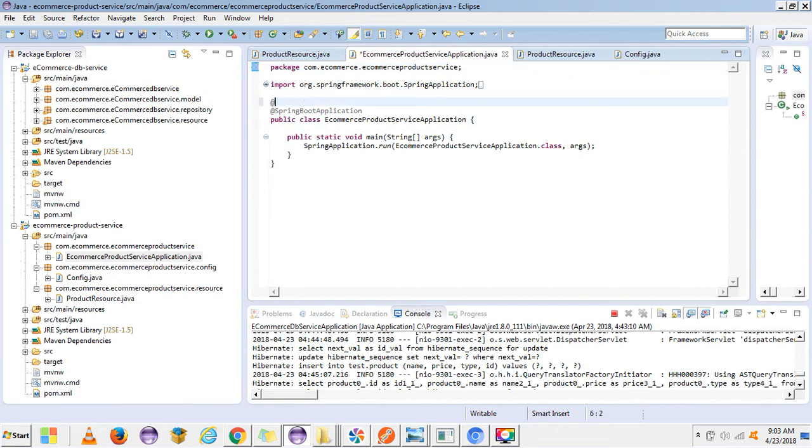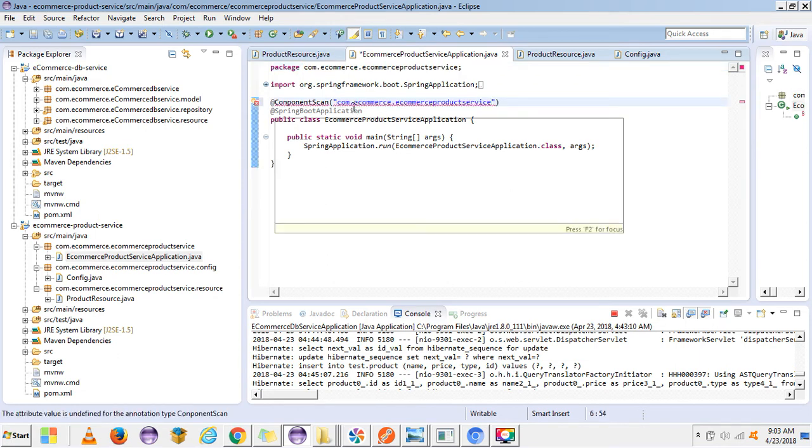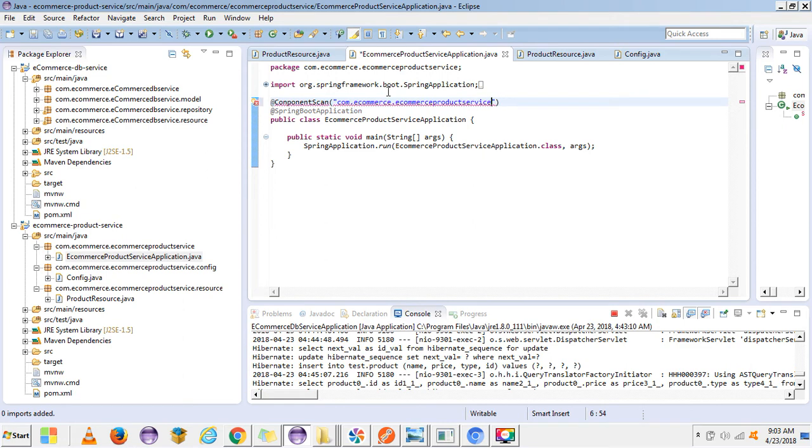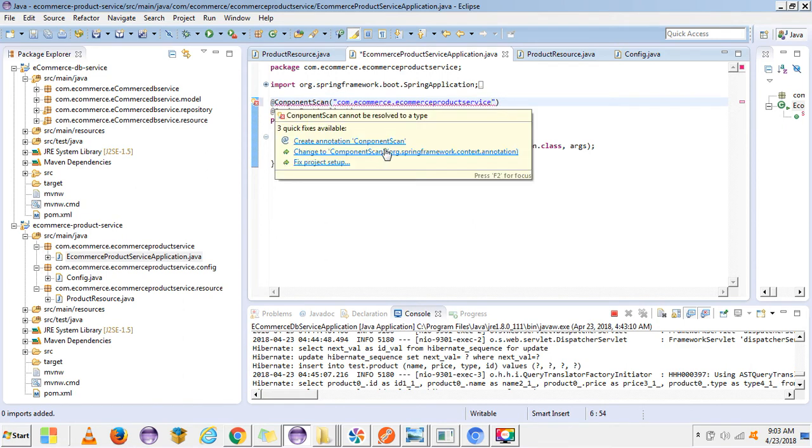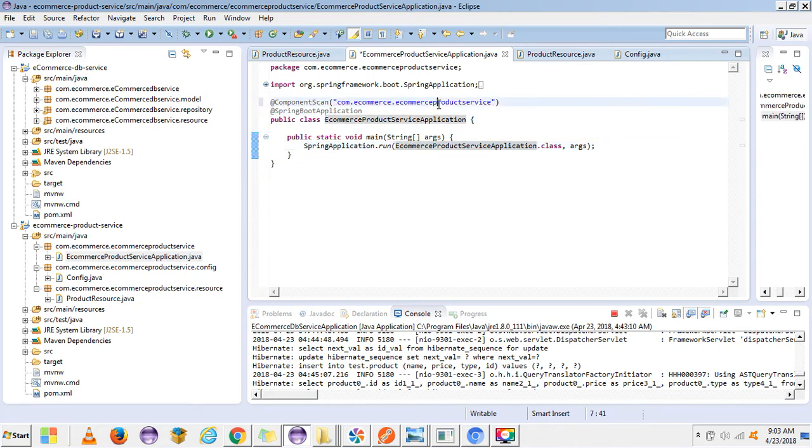So we can add the component scan also. We generally need this because this application class is in a different package and our configuration class is in a different package. So for that purpose we need to give the component scan property, such that it will find all the annotations, and then it will create the object. Okay,